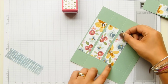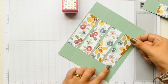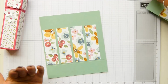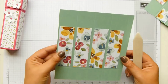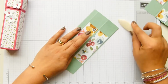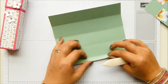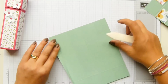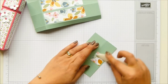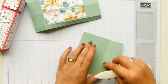Not that I particularly have paper peeling off ever, but I know that sometimes if you use a lesser quality glue, your paper starts peeling. So I wanted to show you a different technique to get your paper to stick down. Now we're going to fold and burnish these score lines, and that is just kind of reinforcing the glue. So although I know Snail is absolutely fine, if you're using unbranded contraband Snail type stuff, you're just giving it a bit of extra oomph. And the same over here, fold and burnish these score lines all the way around,